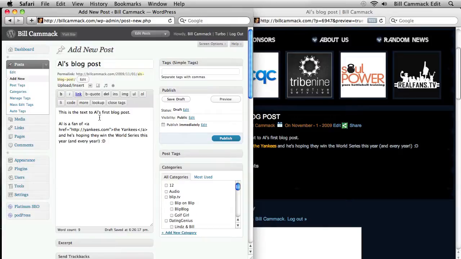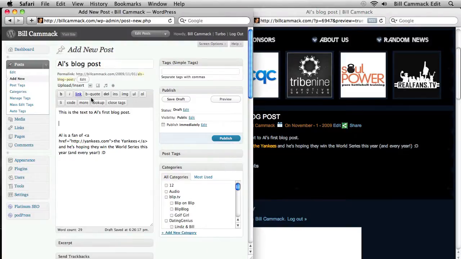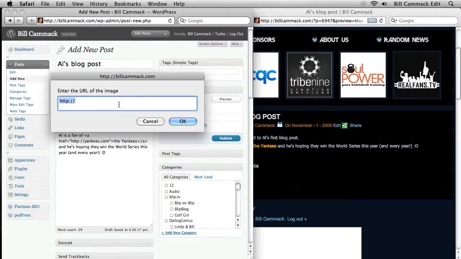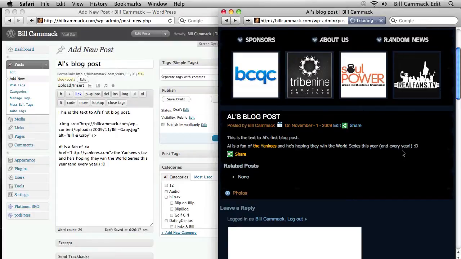Now again, the way WordPress is set up, I could just use this image function here. So let's say in between these two sentences I want the picture to go in there. So I'm going to go right here, I'm going to go image, I'm going to just paste over that because the HTTP comes with it. I'm going to hit this button, the description, Bill and Gabby, enter. Alright, now I'm going to preview this. So now what we have is